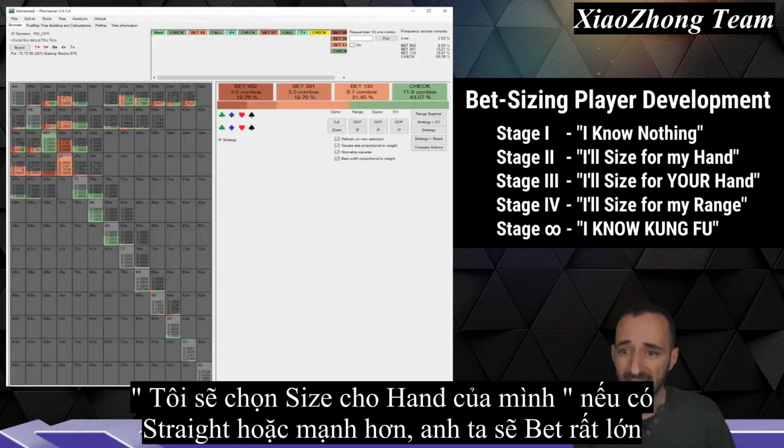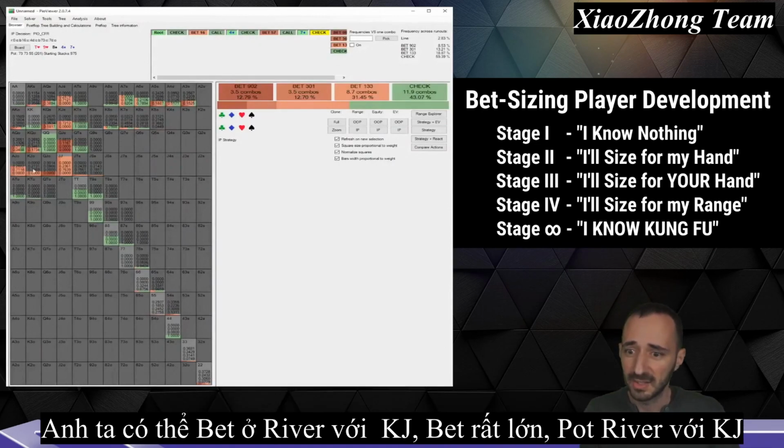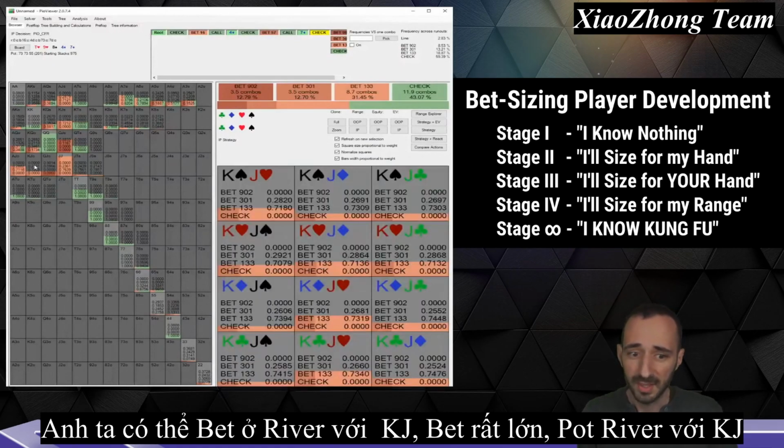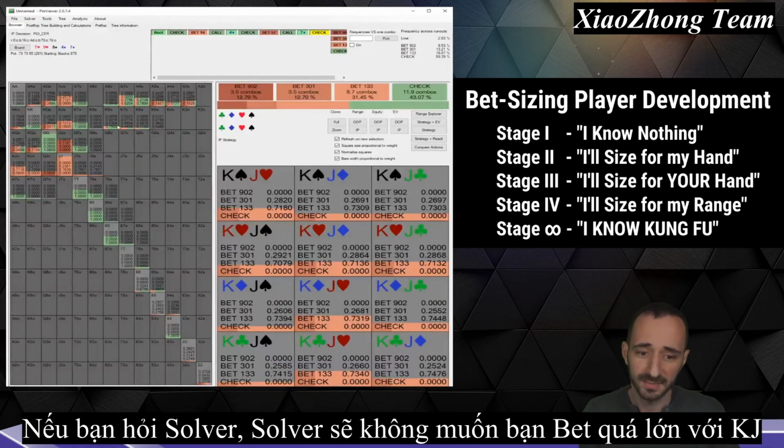The "I'll size for my hand" guy, if he has a straight or better, will just bet very big, because a straight is a very big hand. So he might bet on the river with something like King Jack, a very, very big bet, like pot, with King Jack. Now, the solver will generally not want you to bet very big with King Jack.